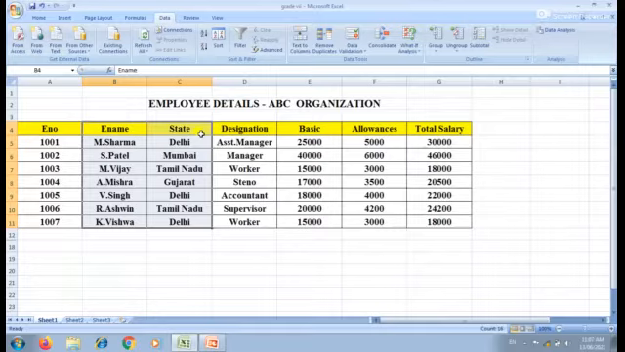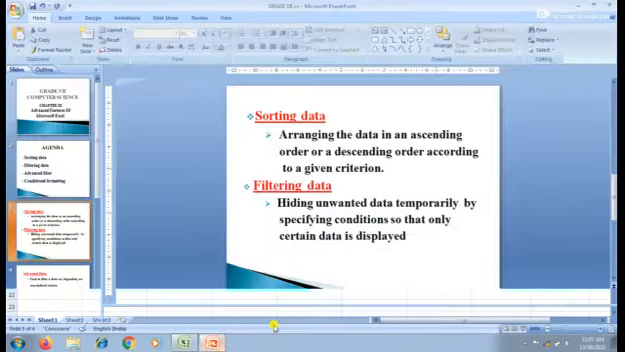Did you understand, student, for what purpose we are using filtering of data? If you want to hide the unwanted data temporarily, we can use this filter concept. Whichever details we need, we can take, then the remaining details we can hide. Okay. The next topic is